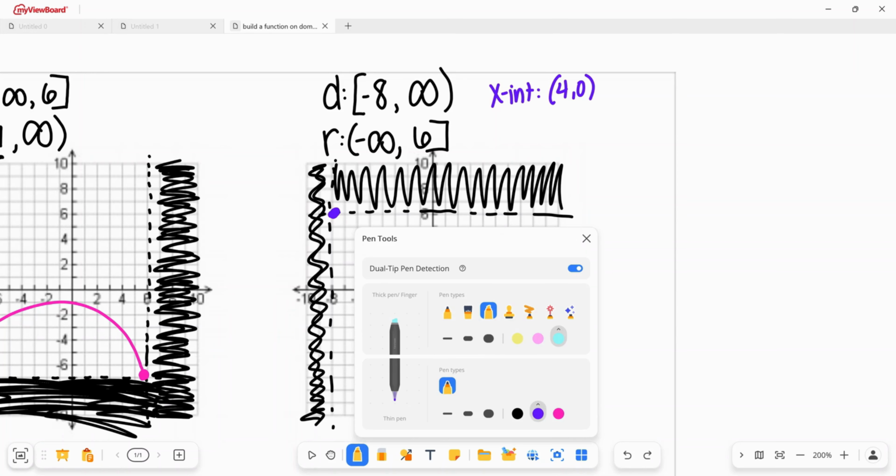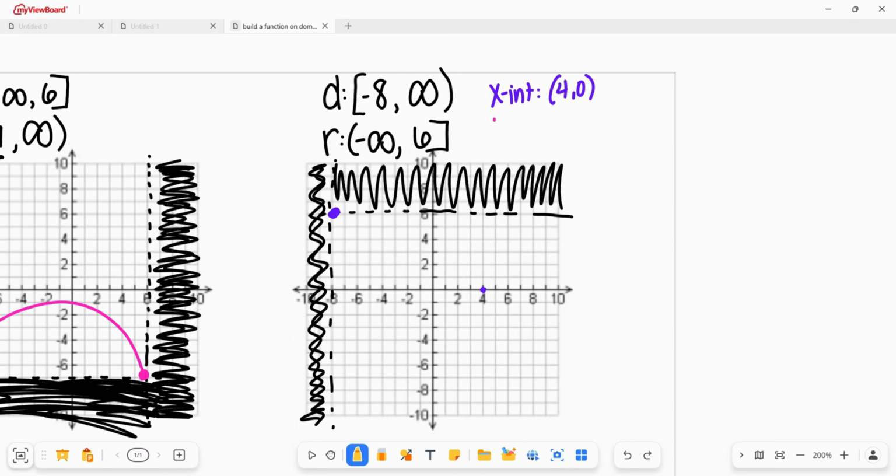If I went through and maybe I'm also going to add in a y-intercept. Okay, y-intercept of -6. Let's do (0, -6), meaning it would cross right here. Well, how could I make that one work? Well, I could go down and I could go back up and I could come back out, right? Because if I put an arrow,